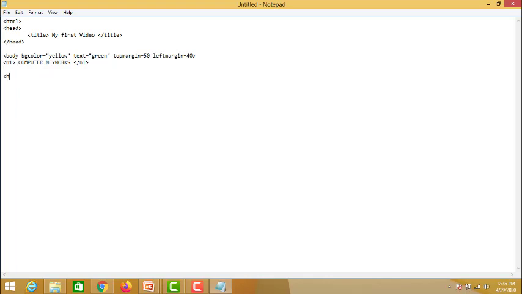Next we have the HR tag, then H3, close it. Then here we have the body section and the text or the paragraph, whatever it is, we can type there. I'll just type only one line now.